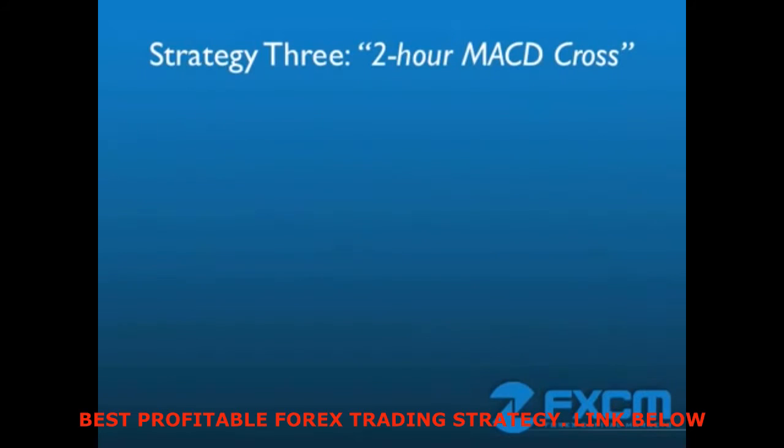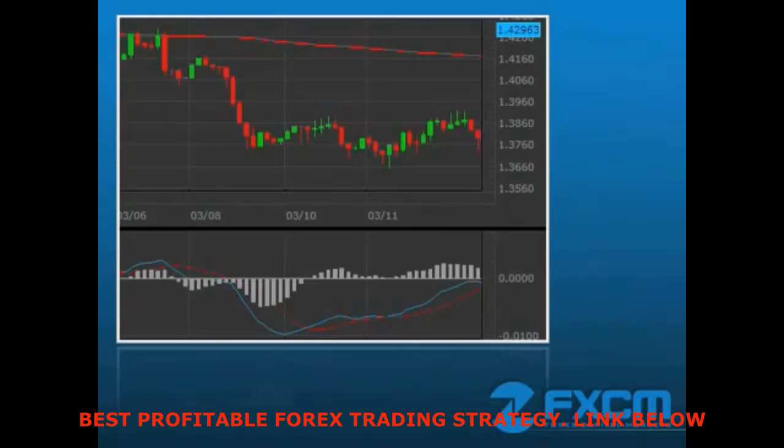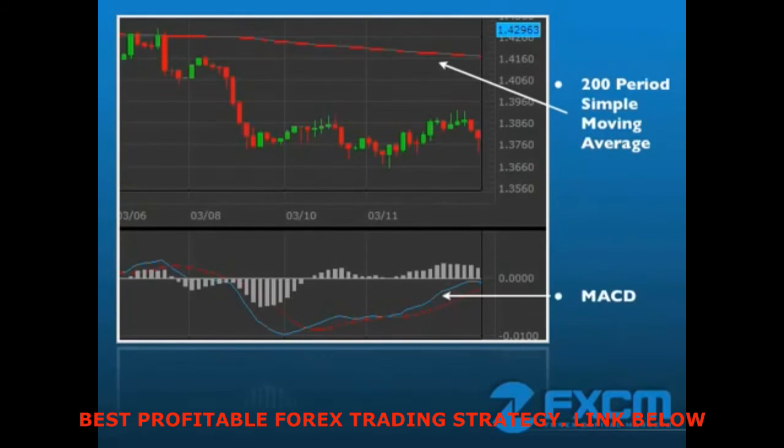Now let's take a look at our last strategy. In my opinion, this strategy works best on currency pairs that are trending. For this example, we're going to pull up a 2-hour pound-dollar chart and apply two technical indicators, a 200-period simple moving average, which is added to help me locate the direction of the trend, and a MACD, which is designed